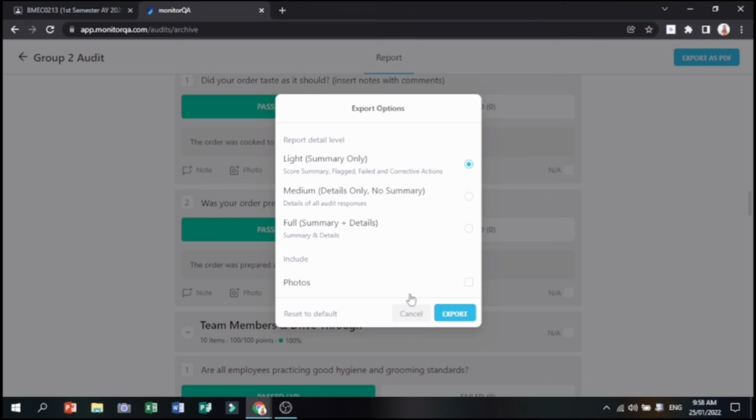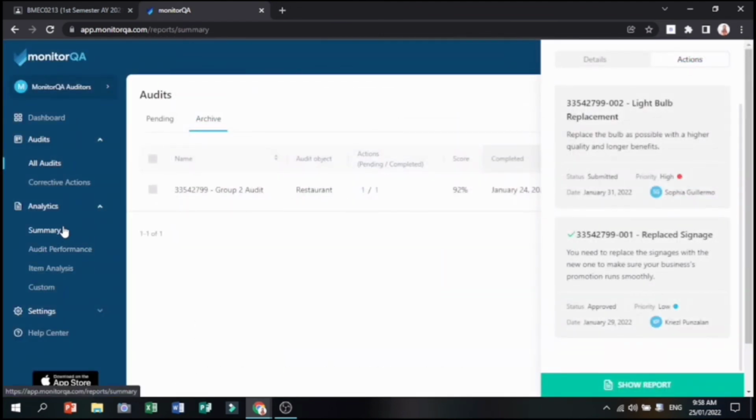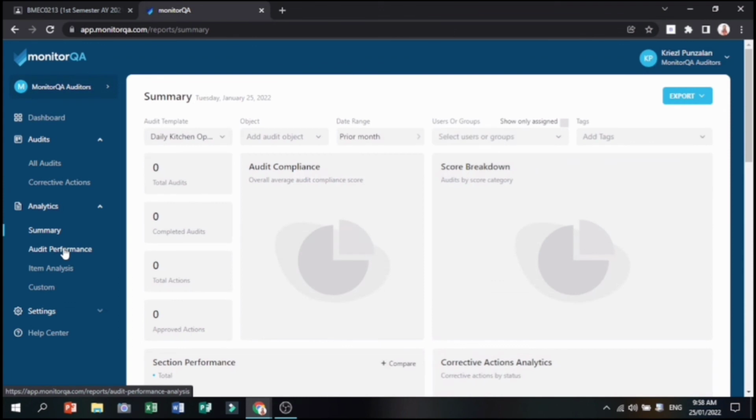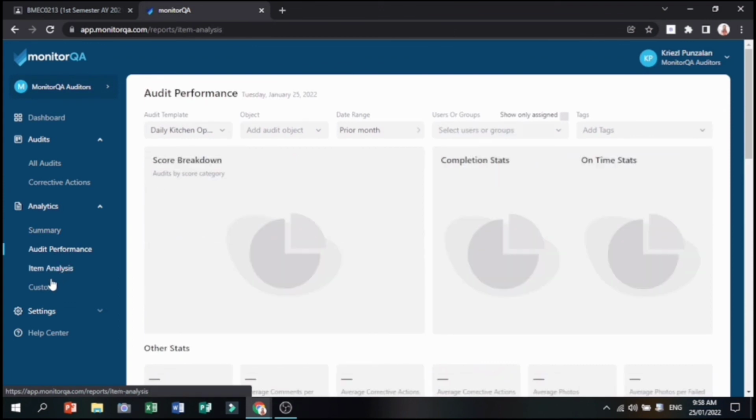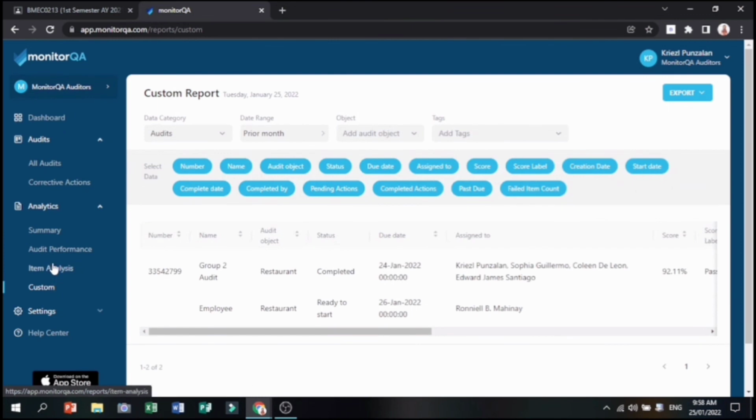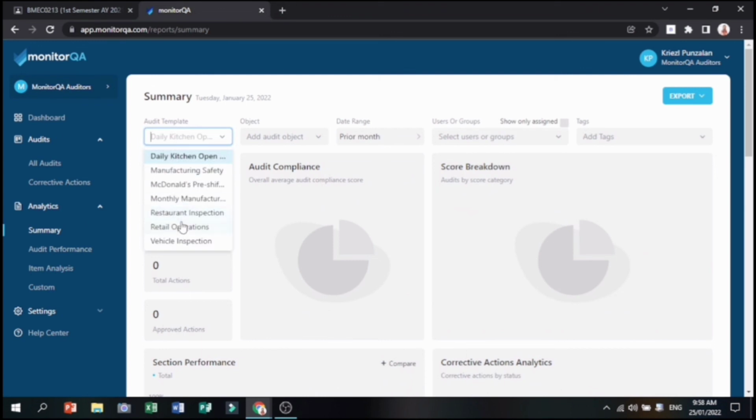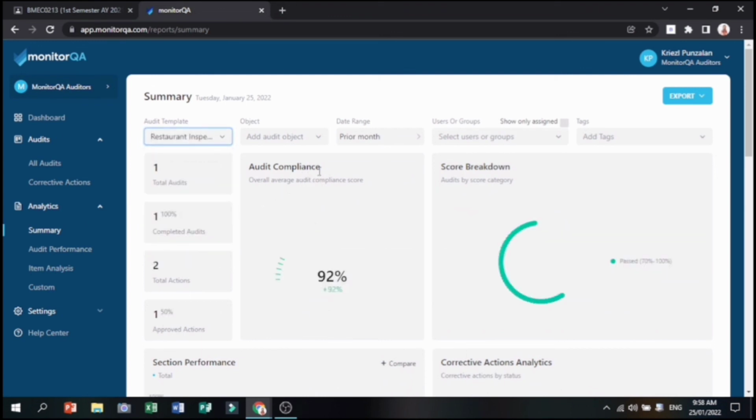In analytics, you can see the summary, audit performance, item analysis, and custom. You can view audit performance, outstanding corrective actions, and compare performance between regions, auditors, and locations. The summary report provides insights into your operation. Let's take a look at our audit in restaurant inspections. You can see a detailed summary, the total audits,